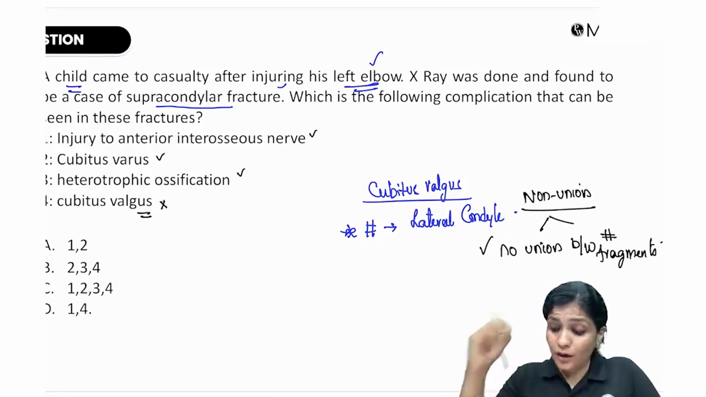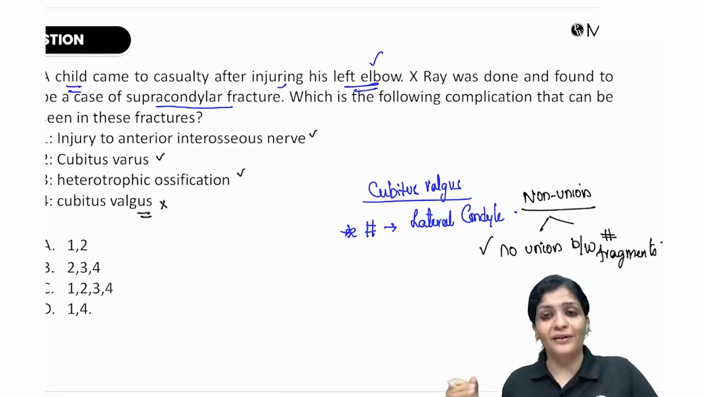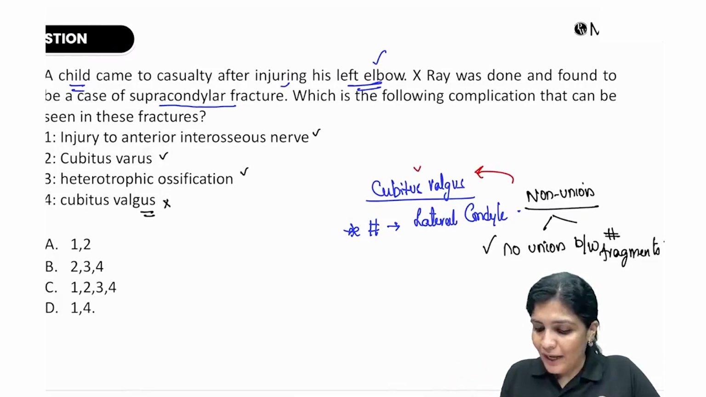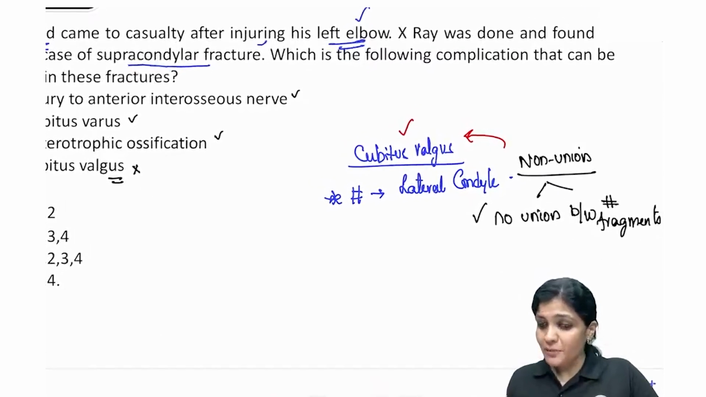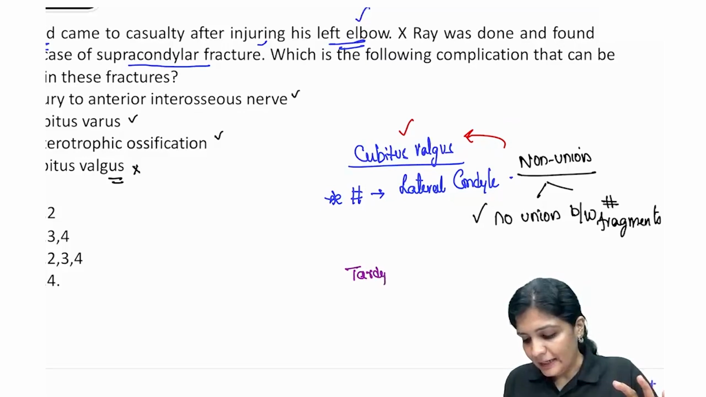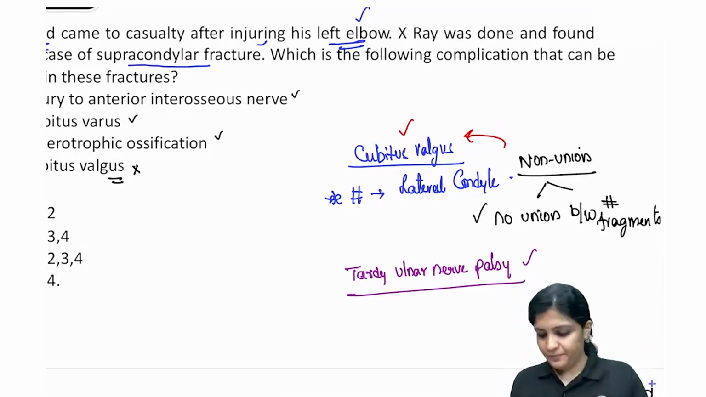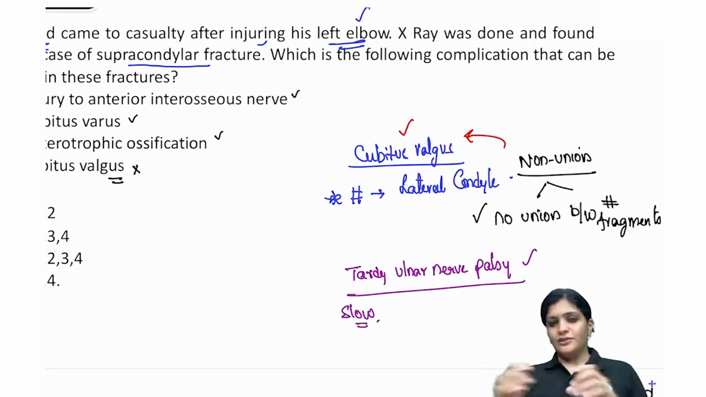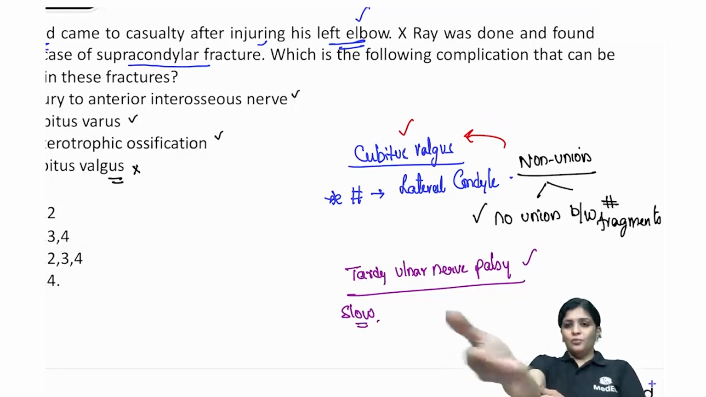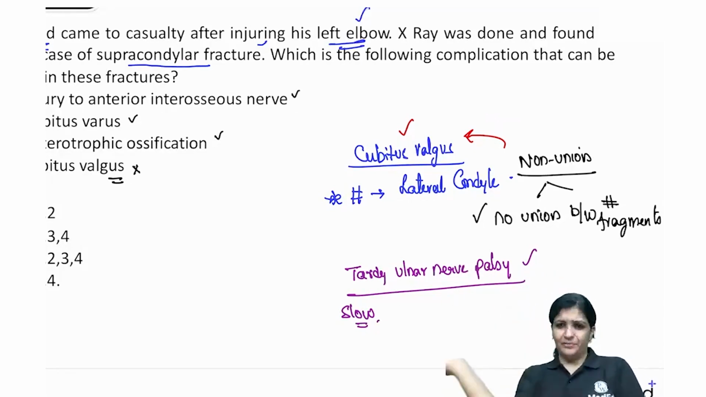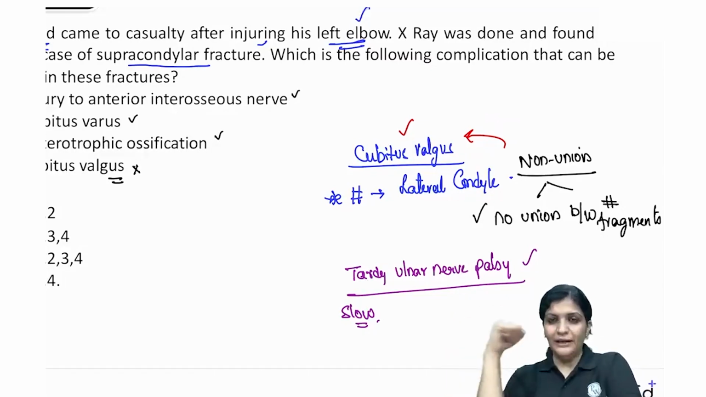Whenever there is a non-union, especially in case of the lateral condylar fracture, this will result in what is called cubitus valgus. What you have to remember about cubitus valgus is one important thing, that is tardy ulnar nerve palsy. What do you mean by tardy? Tardy means lazy, slow. So what happens in this cubitus valgus? Varus, I told you, is the elbow moving towards the midline. In valgus, the hand goes to the opposite side, away from the midline. Whenever something is going away from the midline, what happens is